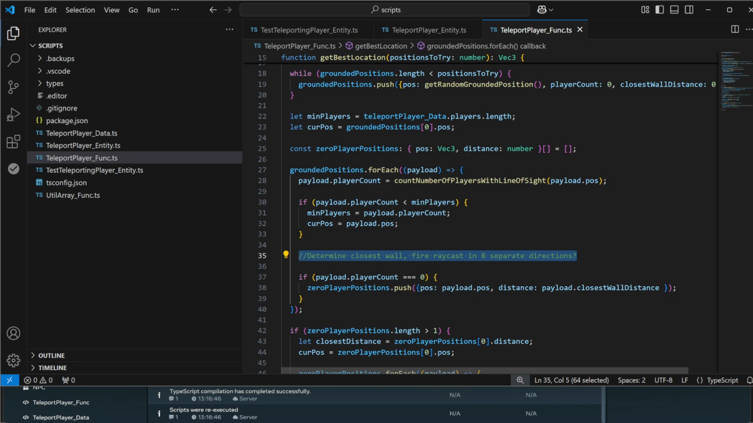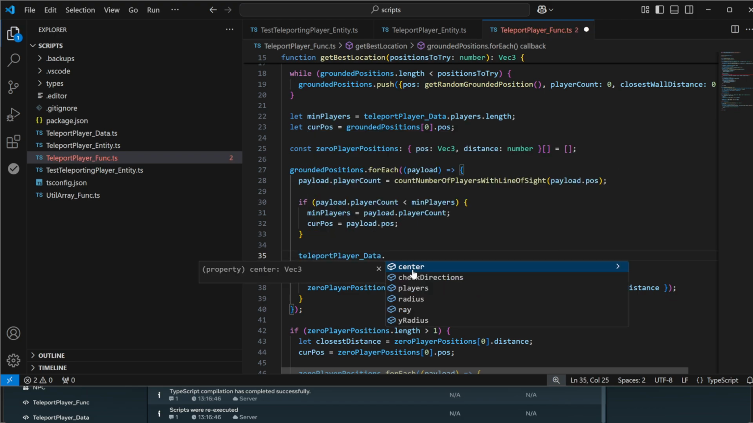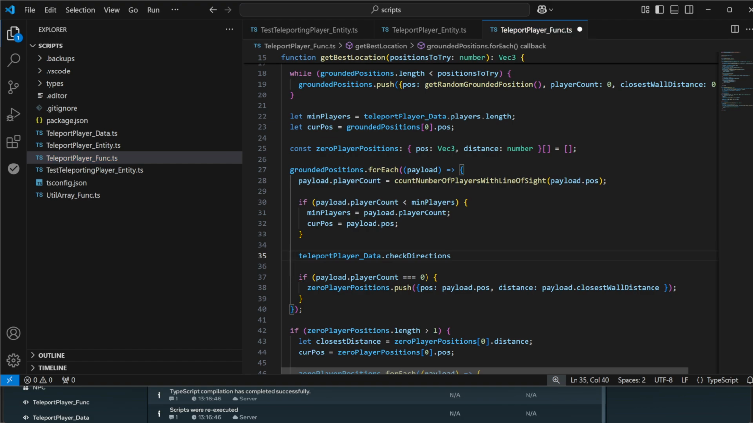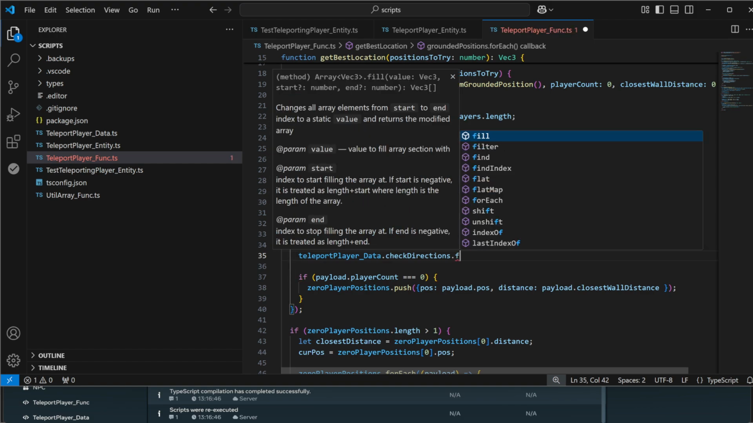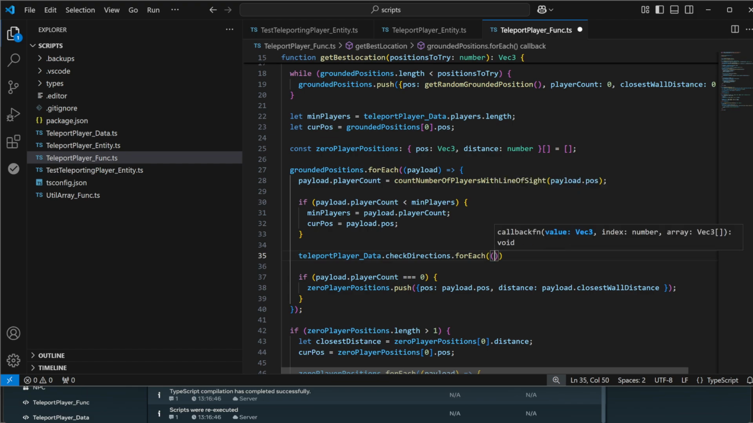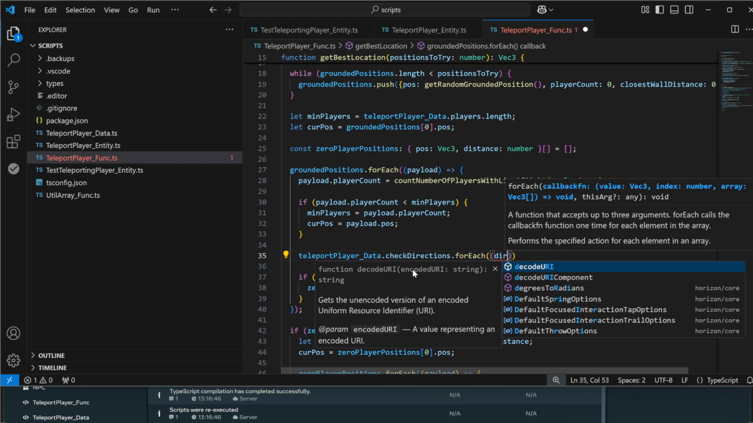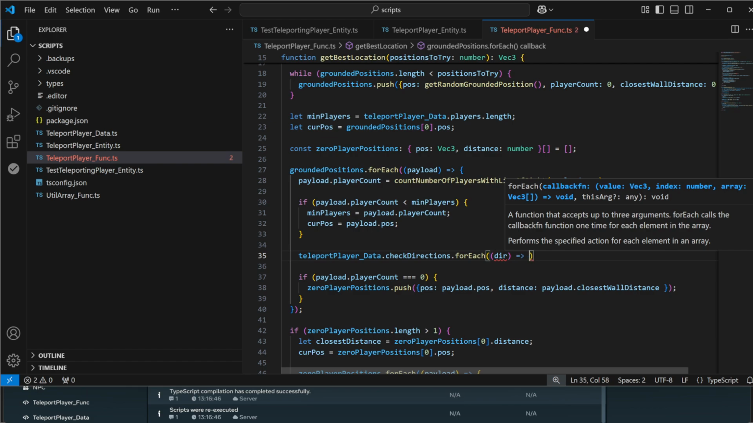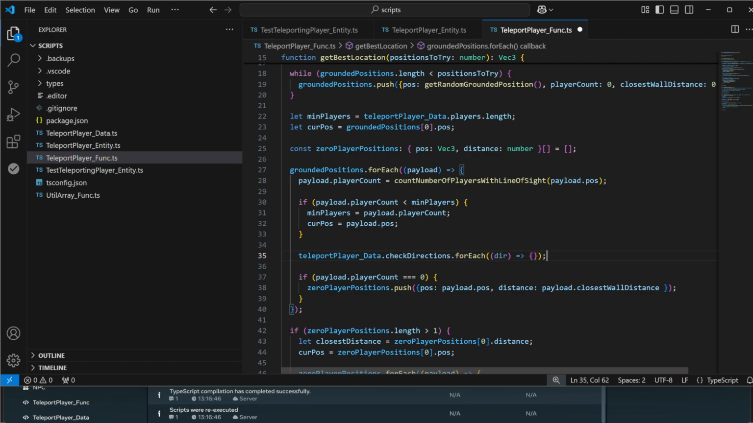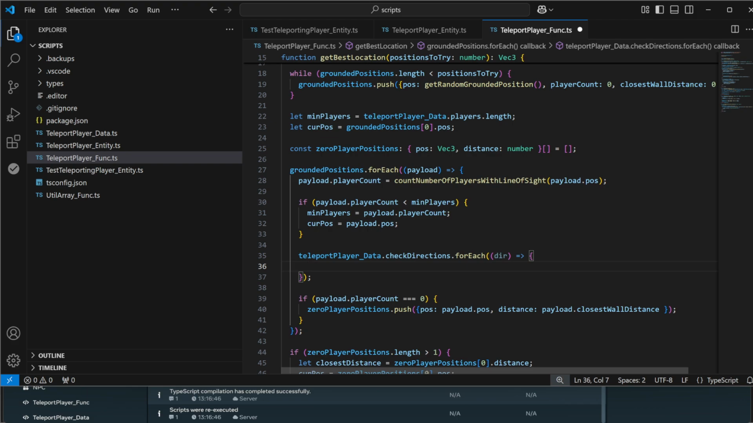So now what we need to do is say teleport player data dot check directions dot for each parenthesis, this is a direction, so I'll type dir for direction, arrow function, curly braces, just like before. We've done this quite a bit now. And now we need to fire a raycast in each of those directions. And so we say